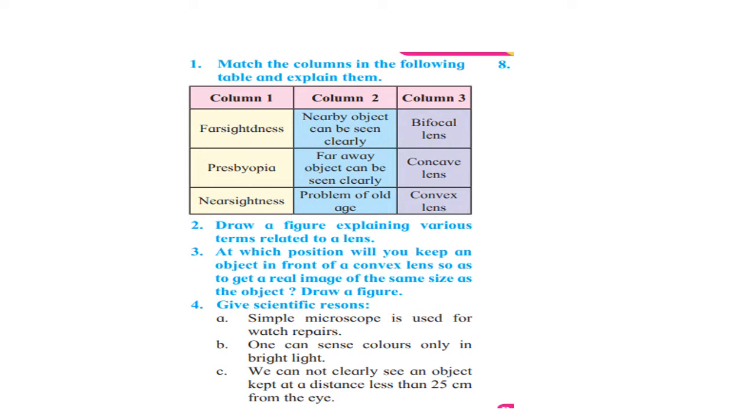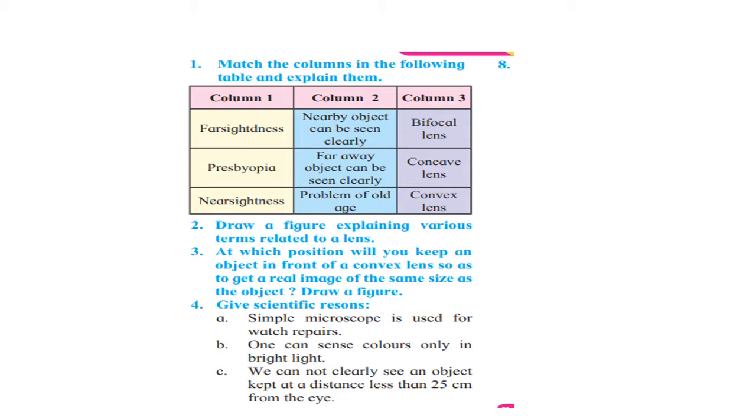Question number 2. Draw a figure explaining various terms related to a lens. This is a long answer and the answer is on page number 80. On page number 80, the diagram that you need to draw is given over here, that is 7.3, cross section of convex and concave lens, and then all the things related to that you need to explain,